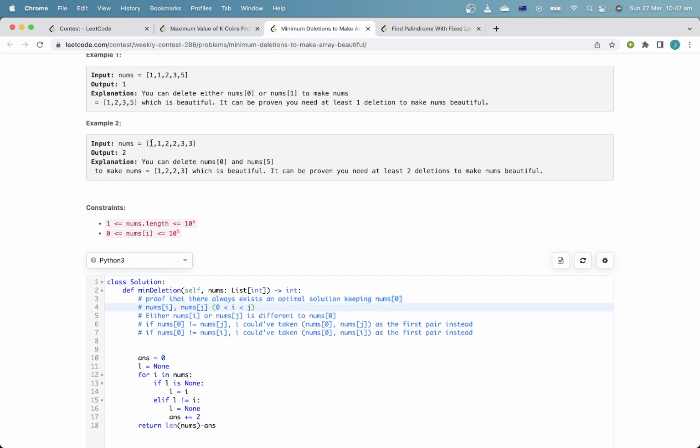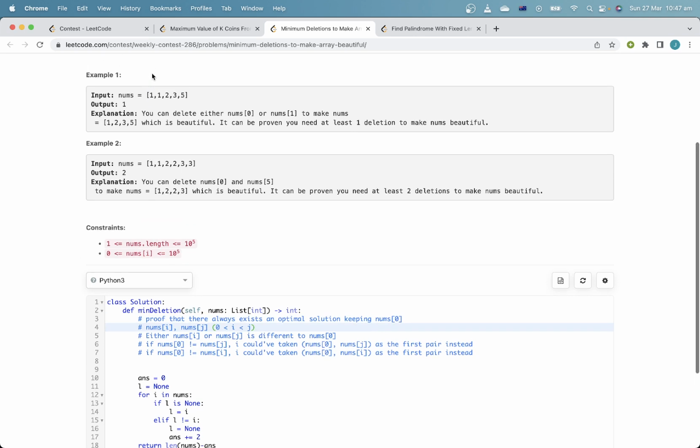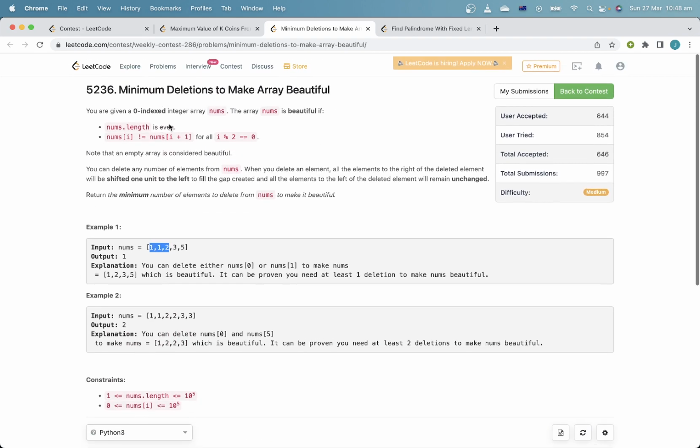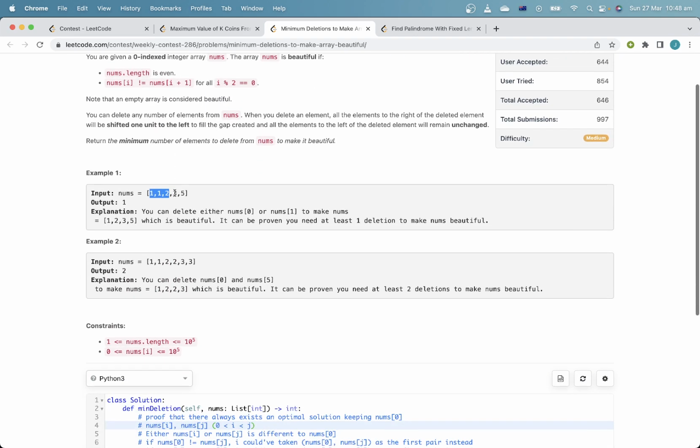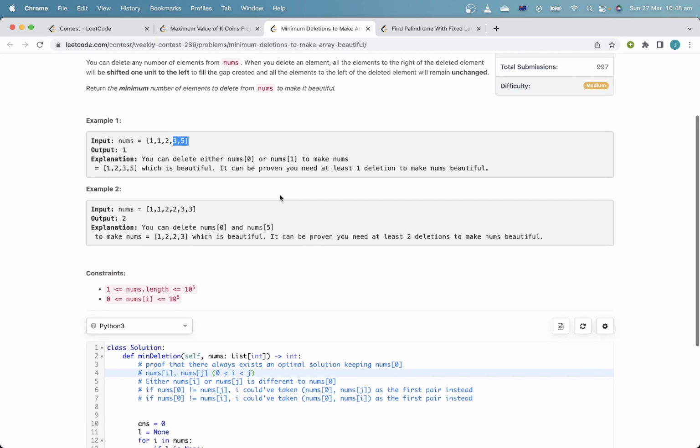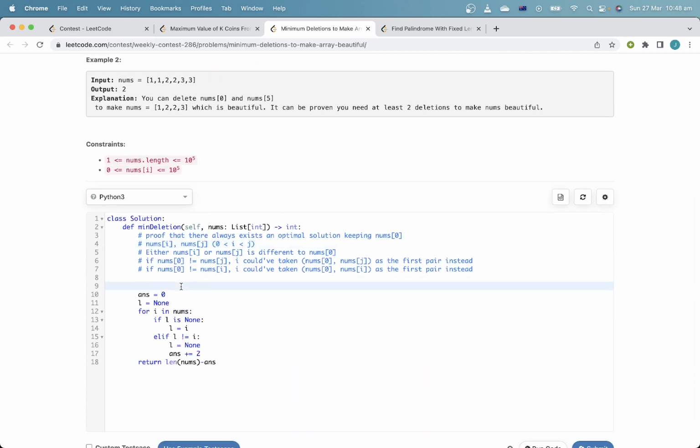So if we're keeping this first element left over, we simply find the first element which is not equal to that element. Like if, for example, I'd scan this until I find the first element which is not equal to 1, which is this 2. Then once I find this 2, that's the one pair in my resulting array that I'm going to keep. And then I keep doing the same on the rest of the list. So my implementation